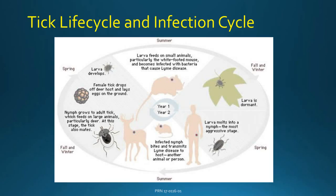We end up in the fall and winter where the larva becomes dormant. In the following spring, the larva molts and then turns into the nymph, which is the most aggressive stage. The nymph then is usually, along with the mouse and feeding on the deer, transferred to another host,